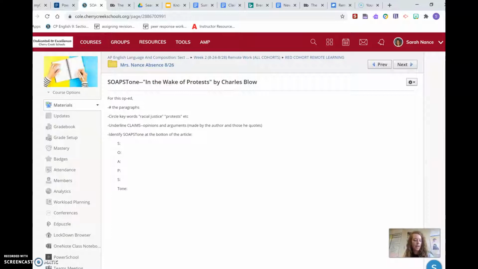And then, like I said, on the back, just in the space that's available here on the back, you would just kind of identify SOAPstone in a vertical manner. Okay, so what's the subject? What's the occasion, the time, the place, the motivation for writing? Who is his ideal audience? What's his purpose? It should always start with a to what, to blank, to verb. The speaker, and then the tone.